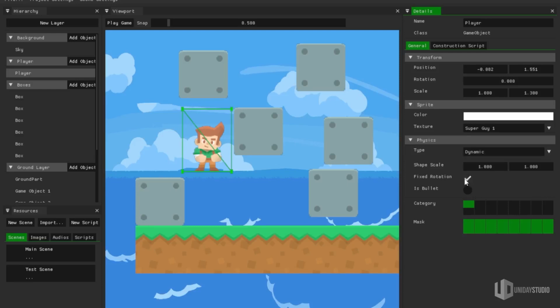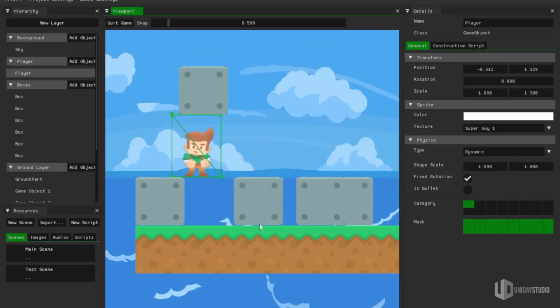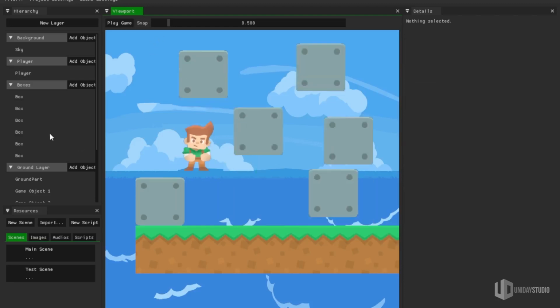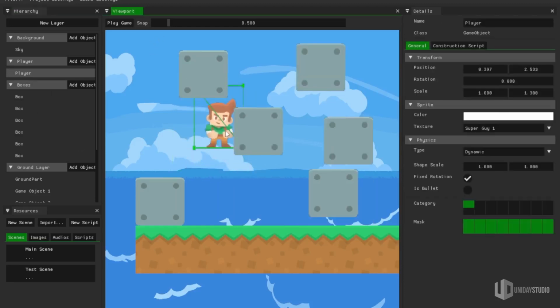I can select fixed rotation, so this player will not rotate as it collides with stuff, which is something that I want. And I can even select the masks here for the objects. And that's why the player was not colliding with those boxes. You can see here that the player will not, oops. I need to implement a no sleeping option here because at the moment this happens sometimes, but the player is not going to collide with these boxes here,